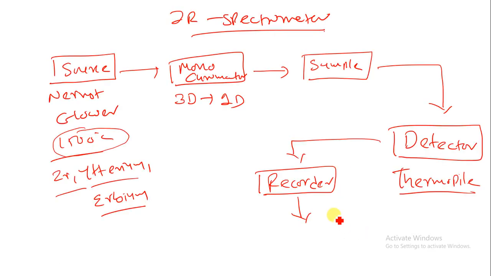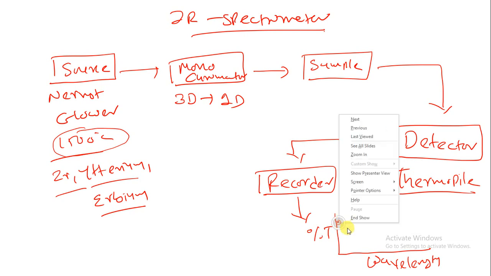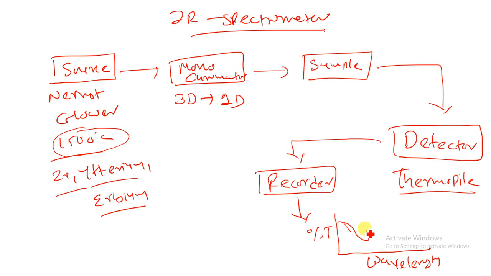So now in IR spectrometer what will happen over here? We are having a percentage of transmission and here we are having a wavelength. Now the graph of IR spectrometer is quite reverse from the UV spectrometer. So the IR spectrum is like this. This comes under the 667 up to 4000 centimeter inverse onwards.